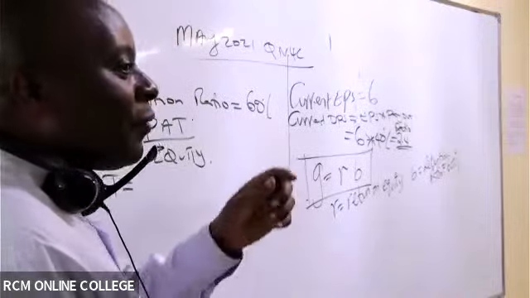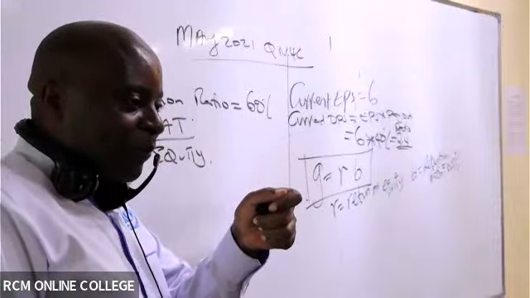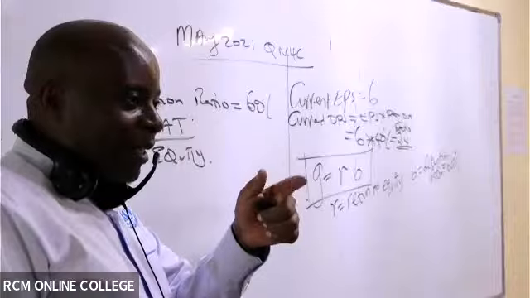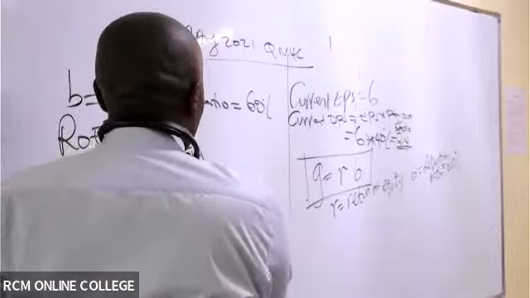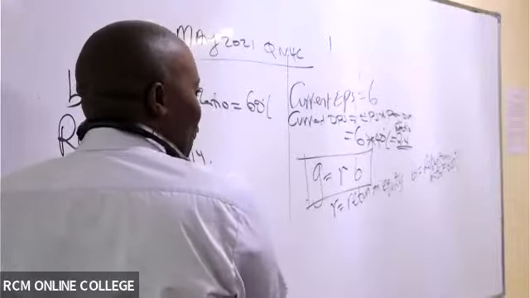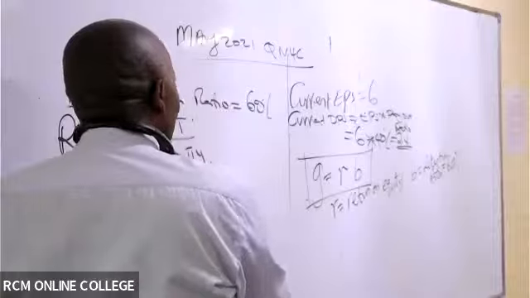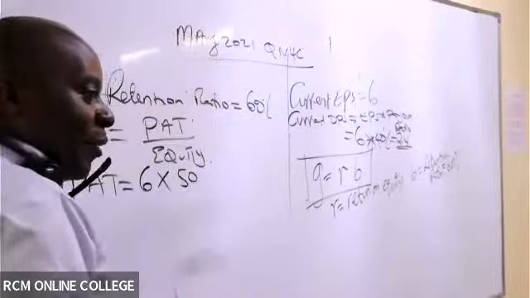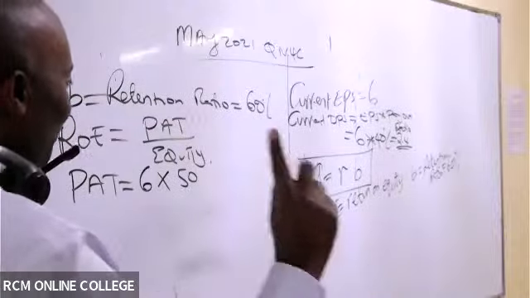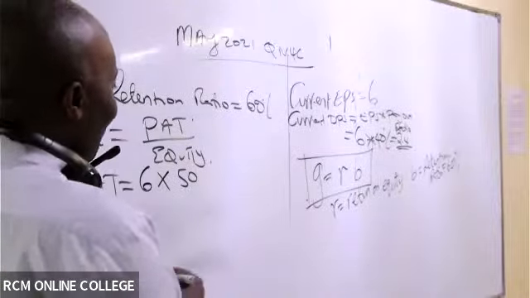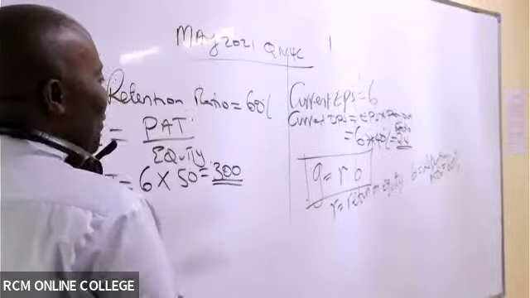You see, we know they have given us profit per share. Profit per share is how much? It is the 6 bob, the earnings, isn't it? The 6 bob. That is profit per share. The earnings per share is profit per share. Then have they told us how many shares we have in total? 50. That's why this young lady got what here? Somebody? 300, isn't it? 300.